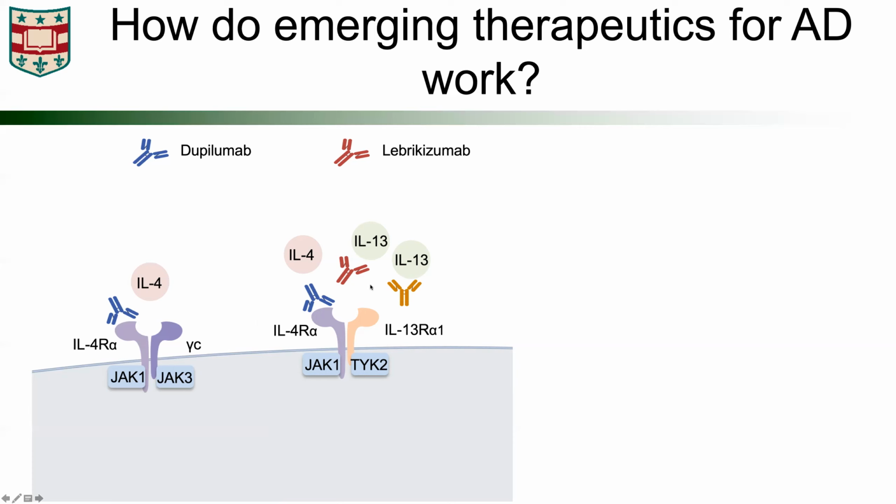There's also the therapeutic in development, tralokinumab, which blocks IL-13, much like lebrikizumab. But in slight contrast to lebrikizumab, tralokinumab actually also blocks the ability of IL-13 to bind the IL-13 receptor alpha 2, which is a decoy receptor. In many ways, one could argue that allowing IL-13 to bind IL-13 receptor alpha 2, which binds it up, is actually a good thing, and you don't necessarily theoretically want to block IL-13 from binding its decoy receptor, which, a bit controversial, is thought to be a pure decoy and does not actually signal, but really acts like an